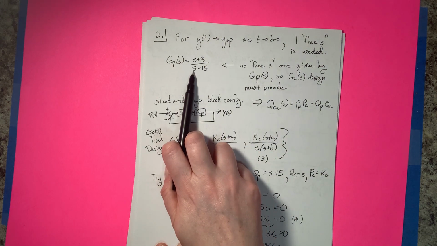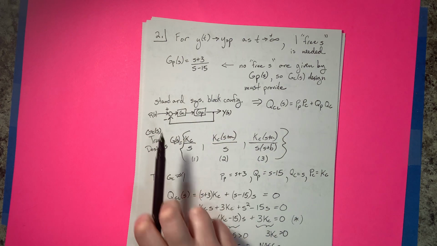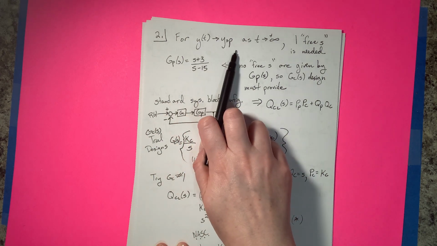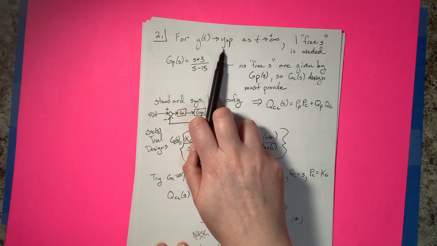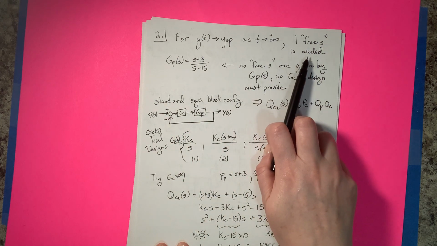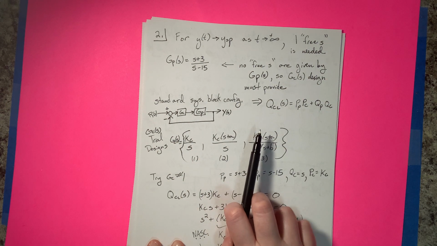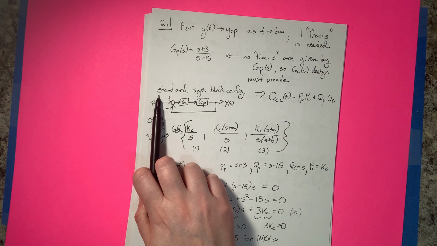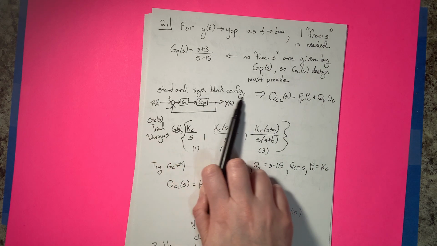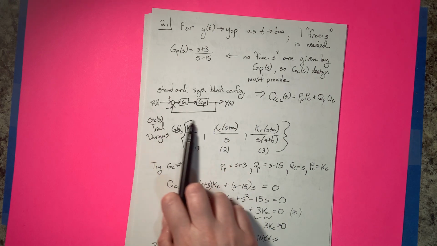There was no free S here, note, but we do need one in this problem. So in that case, we need to design one free S within our GC trial designs, since it was told that you were using the standard system block configuration, which is drawn right here. This is a little